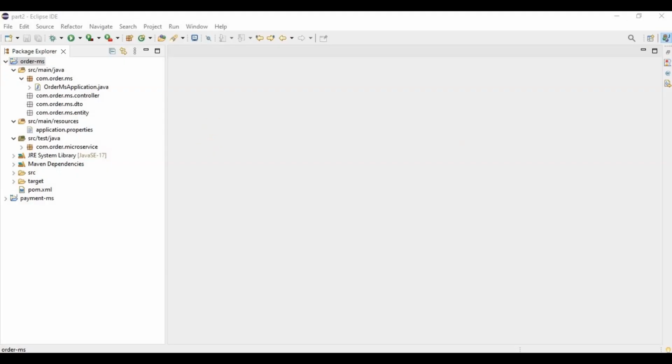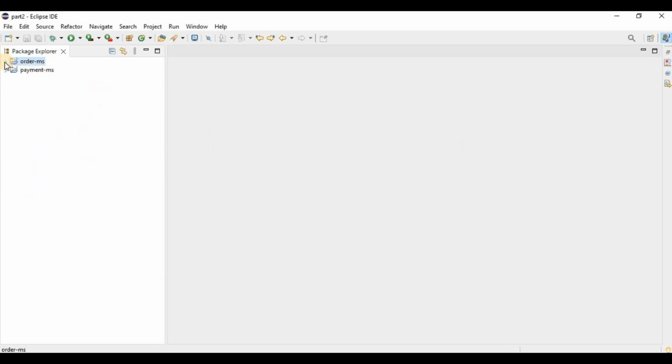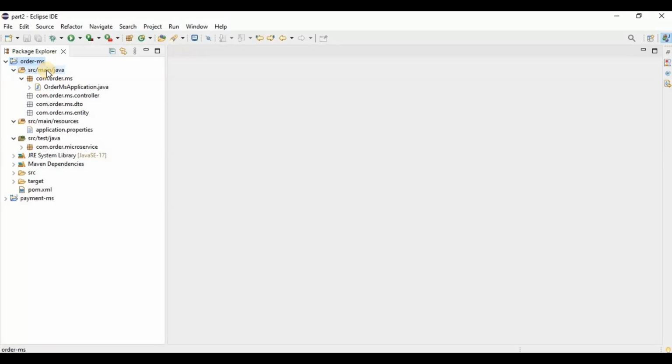So for demonstrating this event-driven architecture, I have created two microservices as I showed in the architectural diagram. One is the order microservice, another one is the payment microservice. Now if we check the order microservice, here I have already created this structure, these packages, so that we can create the files over here and then go ahead with this one. So what we need is one controller which takes input from either Postman or any other channels,